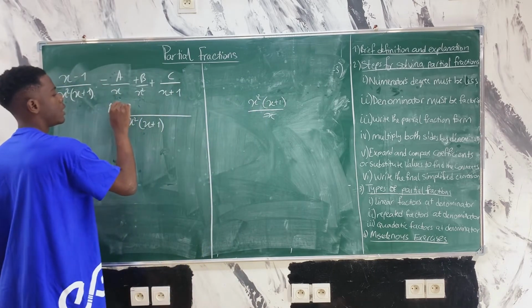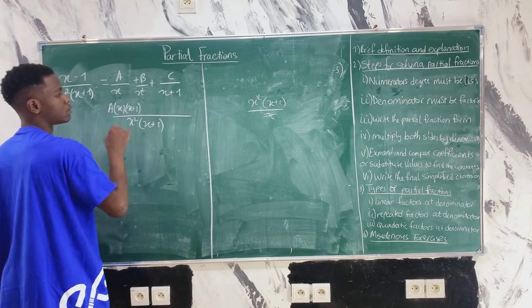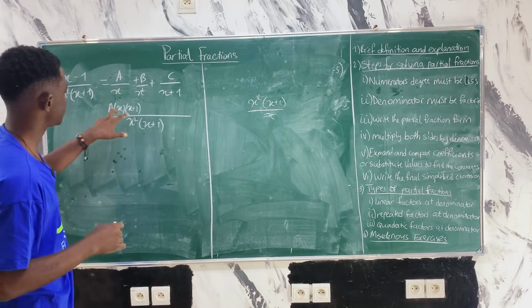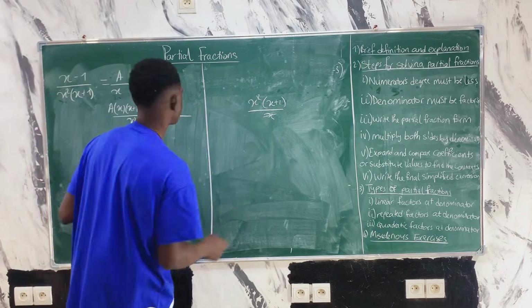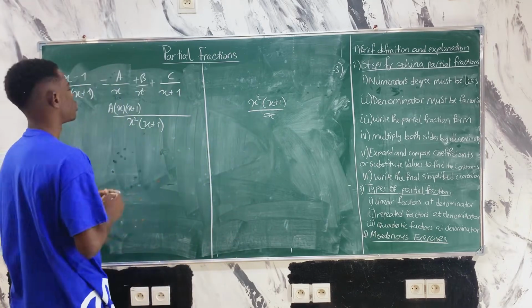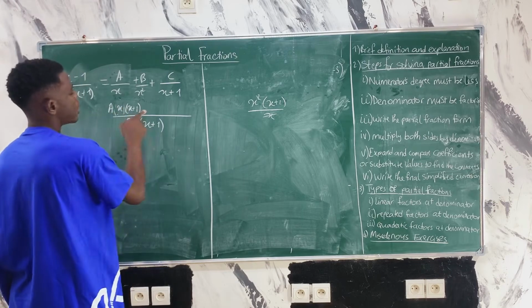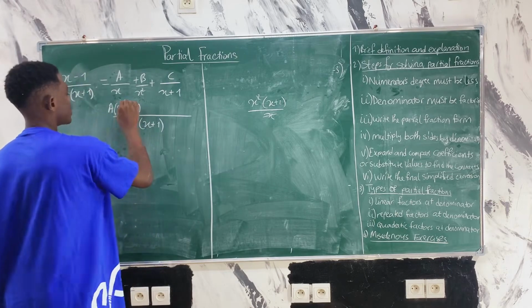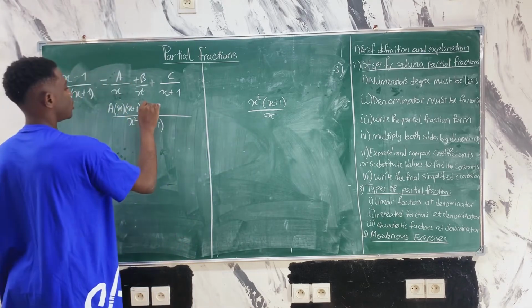So a times x into x plus 1. Do mind the brackets. This written like this without a bracket means multiplication. A bracket also means multiplication. So I can remove the brackets and have ax times x plus 1, or I can still put the brackets, it is the same thing. Okay, plus